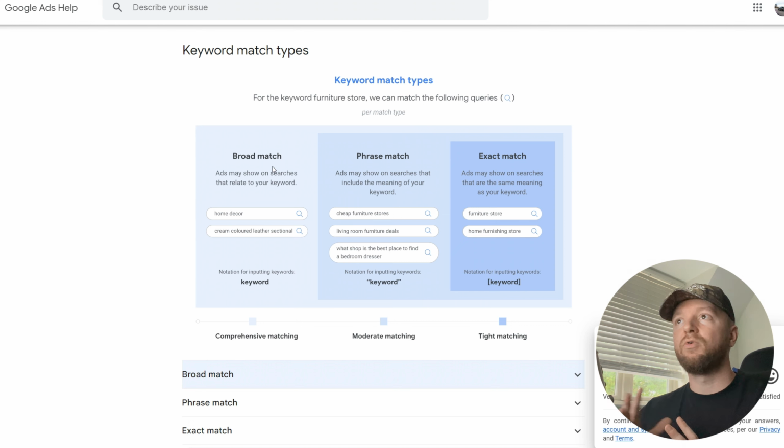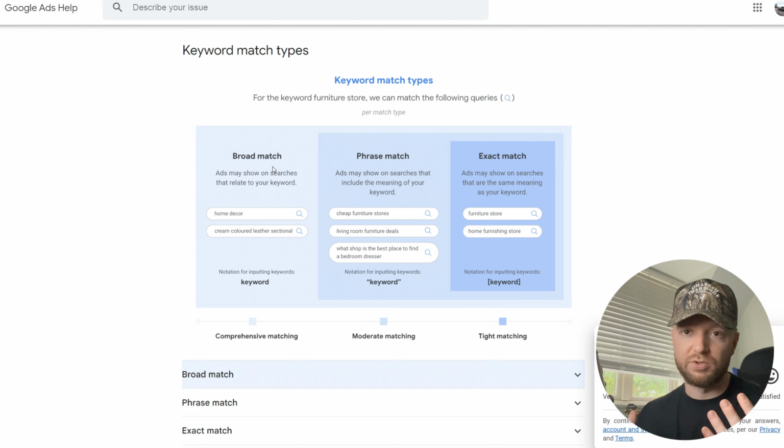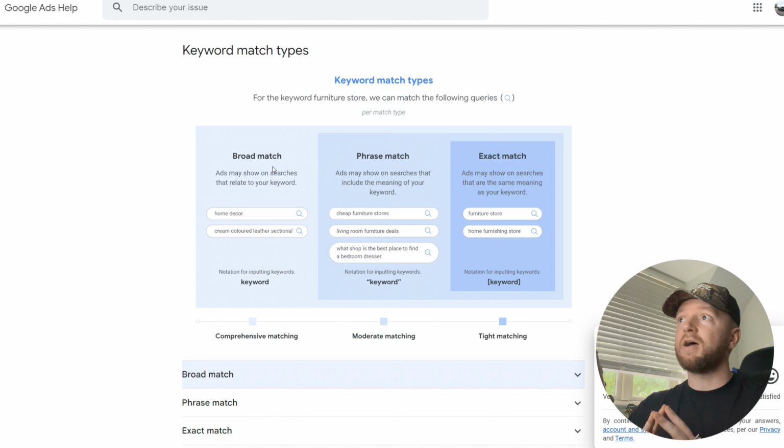So broad match basically means anything related to the keyword you're using. Google's example here is home decor. It doesn't even have to have home decor in the word. It's just something relevant to that keyword. To me, that just sounds like a waste of money to begin with anyway, not to say it won't work. Phrase match, so ads that may show on searches that include the meaning of your keyword. So this is what we're going to try and aim for here, especially with these 2, so phrase match and